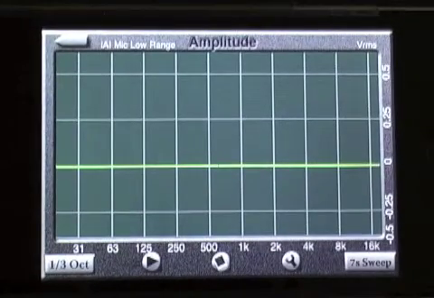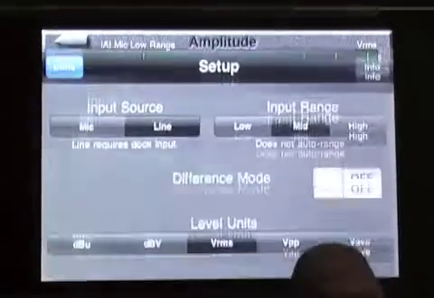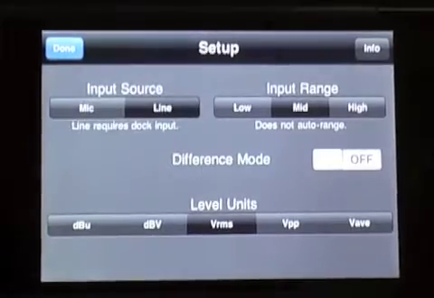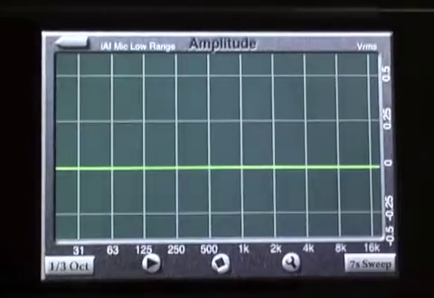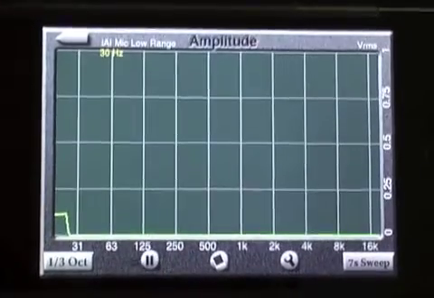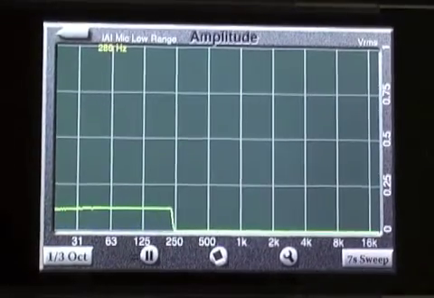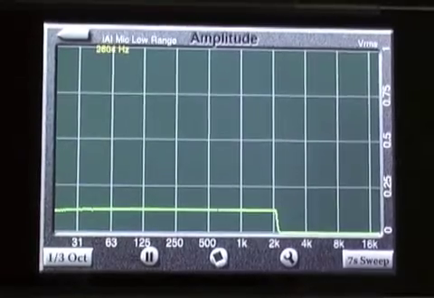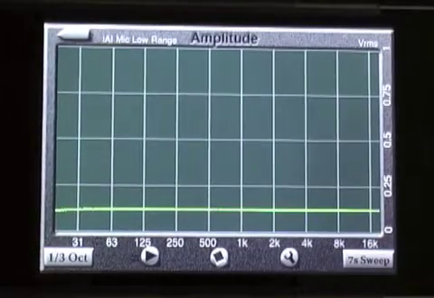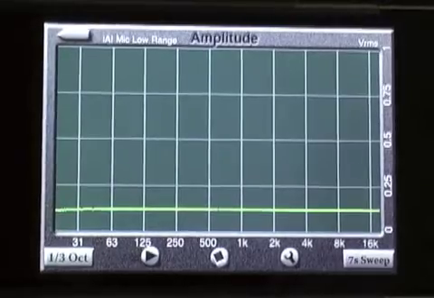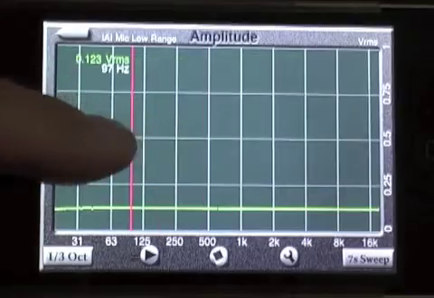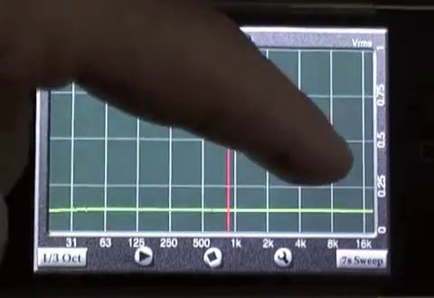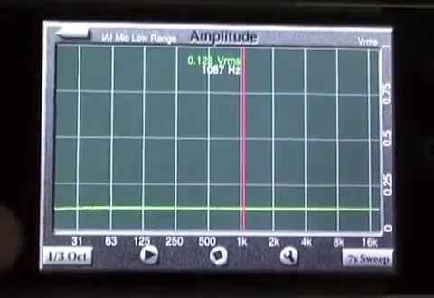Okay, now we've plugged a balanced cable from the input to the output of the iAudioInterface, and we went ahead and selected line as the input source and mid-range, and we'll leave volts as our units. And we're going to go ahead and run this sweep. And of course we don't hear anything, and as well I can talk while this is going on because it's voltage only. And you can see, as you'd expect, the voltage reading is really flat, 20 to 20K, of the iAudioInterface,